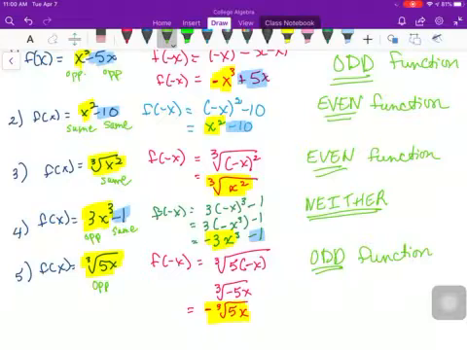I hope this helps you understand even function, odd function,